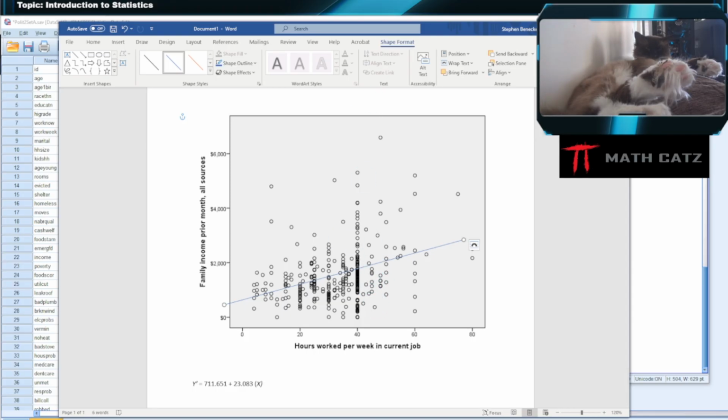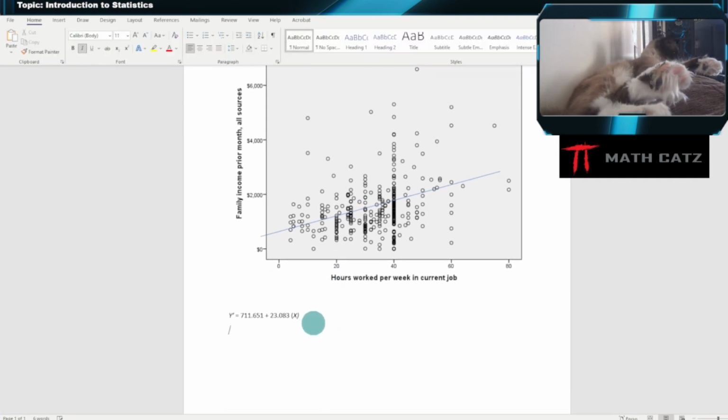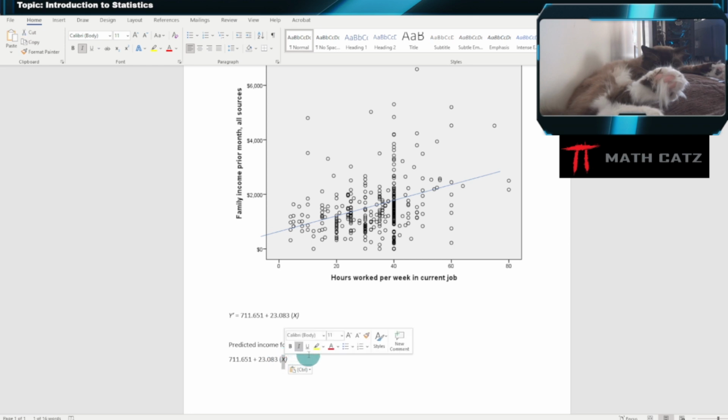And then we can wrap things up by asking a question. For example, let me just maximize this. Asking a question, for example, what is the predicted income for 35 hours worked? We can ask that. And then it's as simple as just plugging this in to my x variable. And we would put 35 in there, do the multiplication, and you can just use any calculator, verify that we're going to get 1,519.56 cents, and that will be my dollar amount